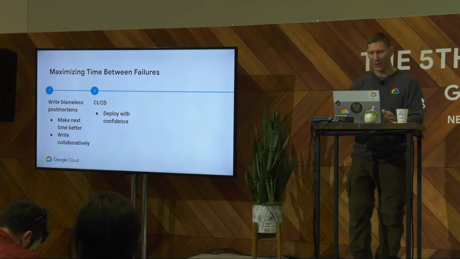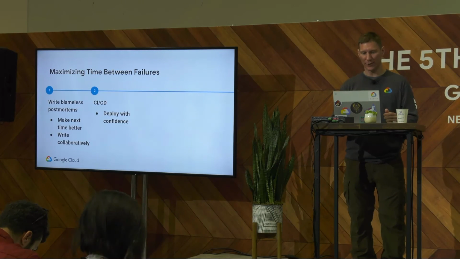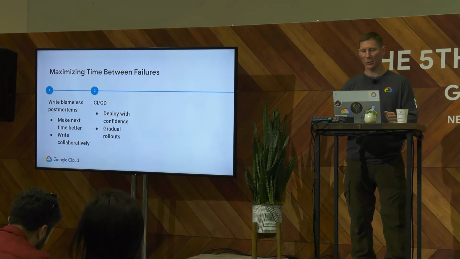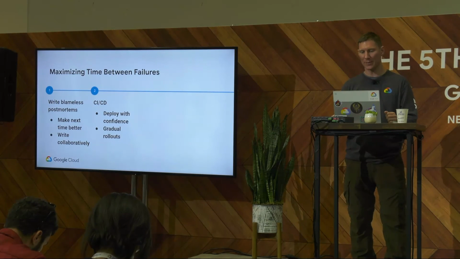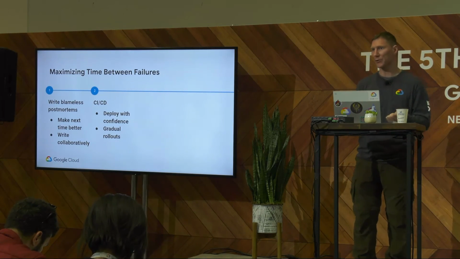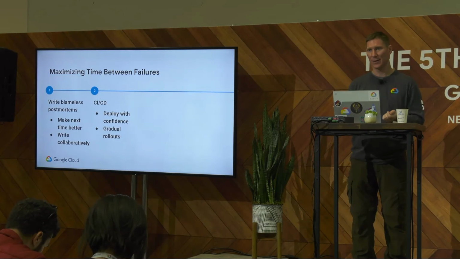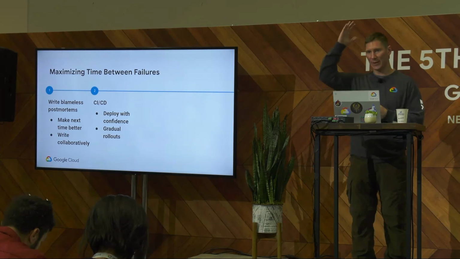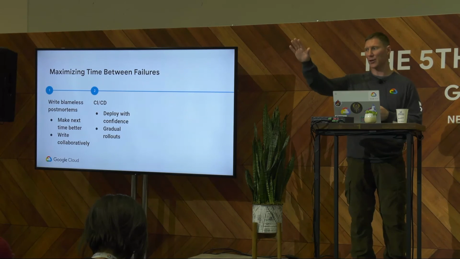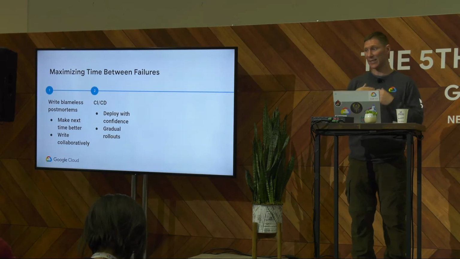Now, I want to talk about something really important with continuous delivery here, and that's gradual rollouts. Gradual rollouts allow you to discover problems and roll back before all your users are affected. The alternative here is just shipping your entire binary and putting it out to all services at once. This gets the new code out there quickly, but if there's a problem, you're now 100% down.